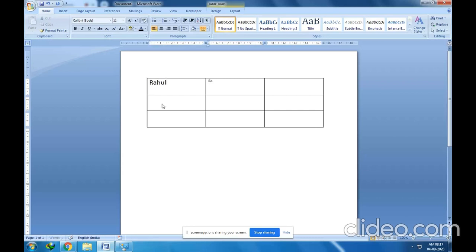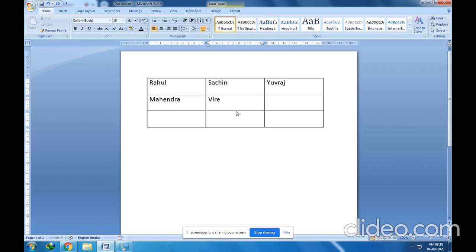Rahul, Sachin. Okay, let me select this entirely and then 18, right? And these two also should be 18. Correct? Now Rahul, Sachin, Yuvraj. Let me write the names quickly. And then Mahinder.